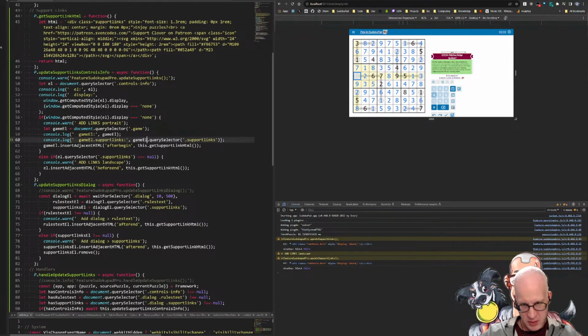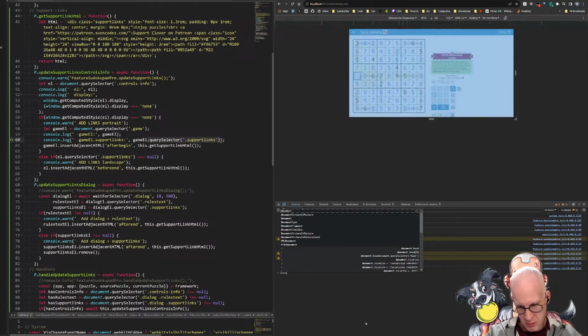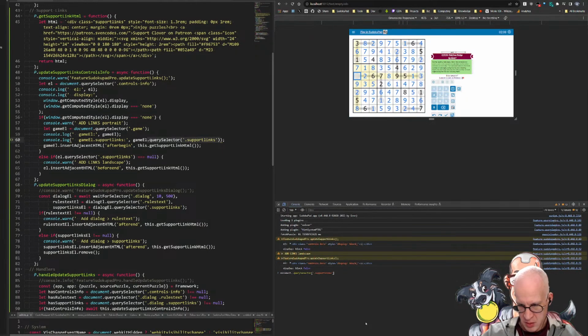Except if I do something like this. If I do document query selector support links. If I do .game .support links, and if I do .game arrow, I think that's what I want. So if I do arrow .support links like that,